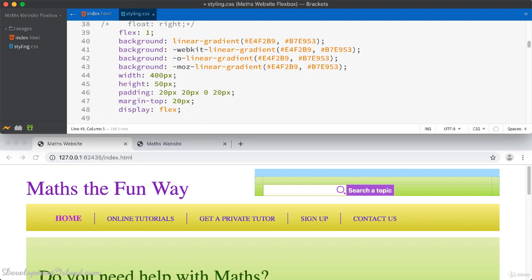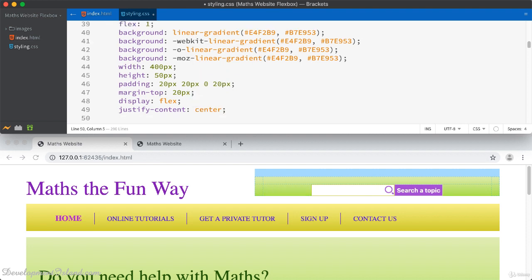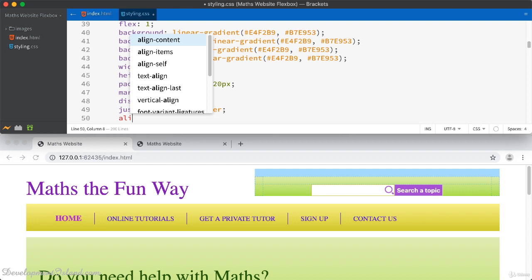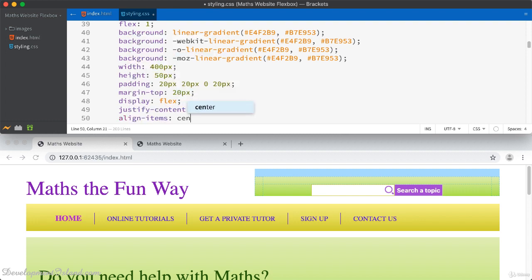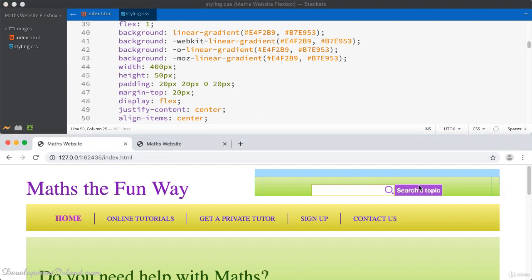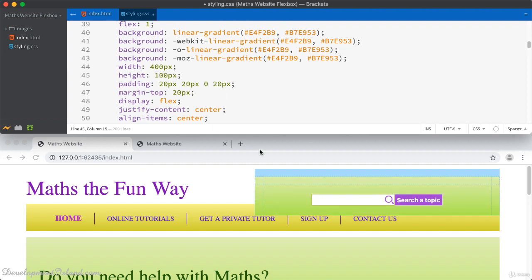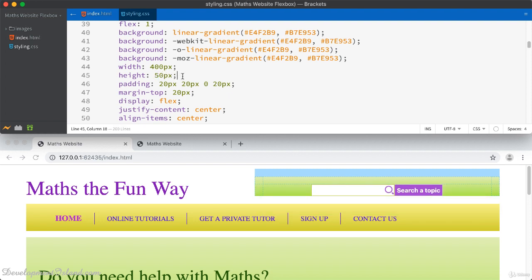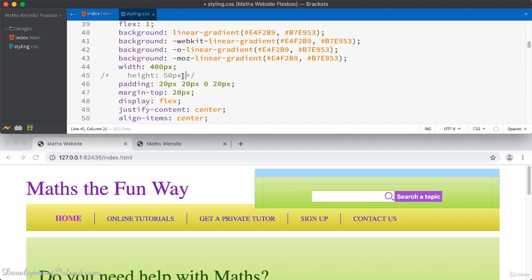And then let's center the elements horizontally using justify content set to center, and then vertically by using align items, which I'm going to set to center as well. All right. At the moment, it's not very clear because the height of this box is too small. So if I change that to 100, then it looks better. But let's do something even better and remove the height property and just make sure the